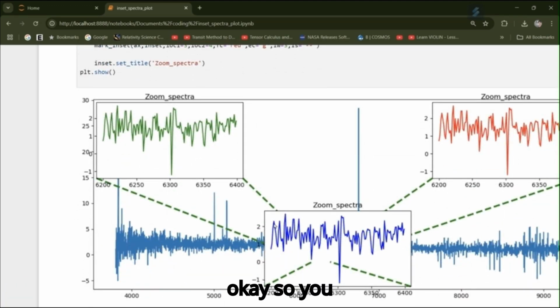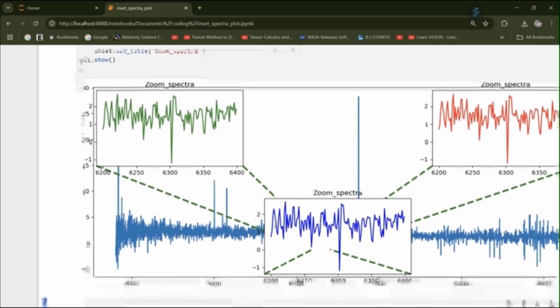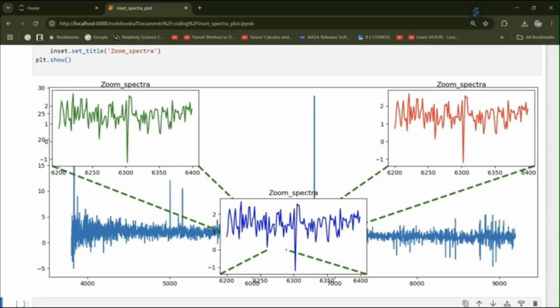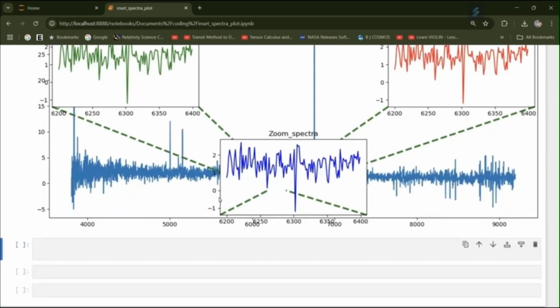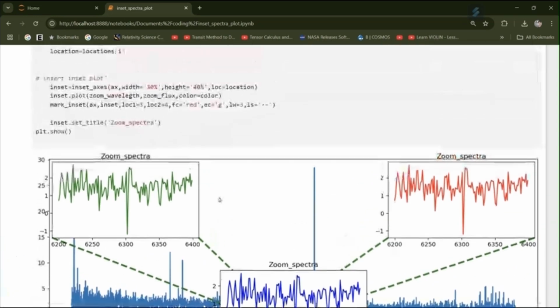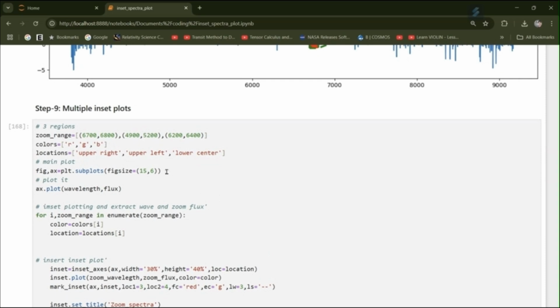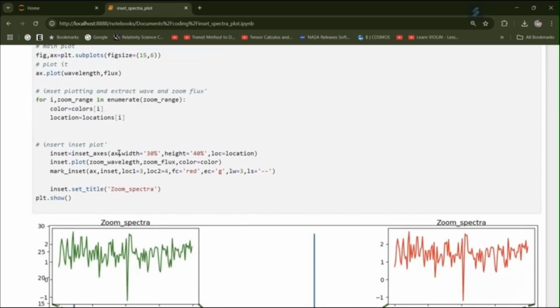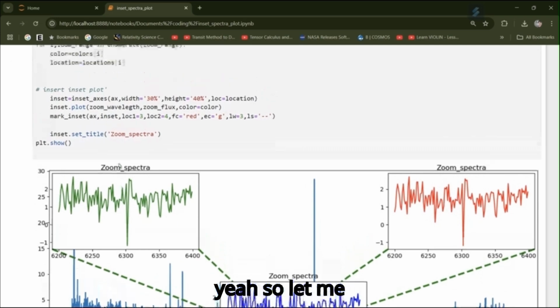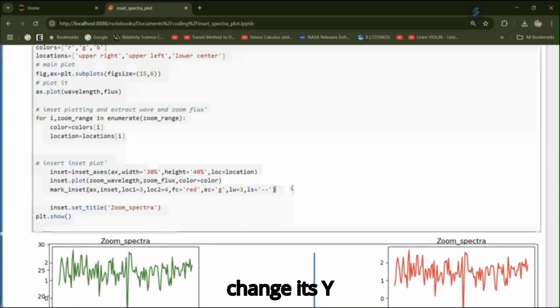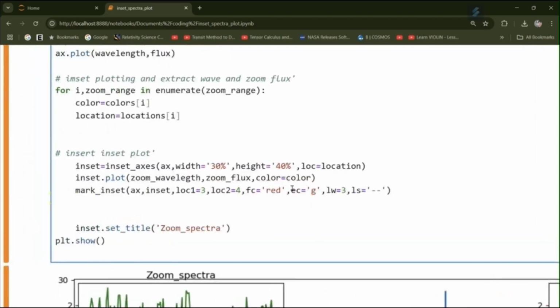Okay, so you need to set some axis labels because you cannot visualize the stuff here. Let me change its y. So inset dot